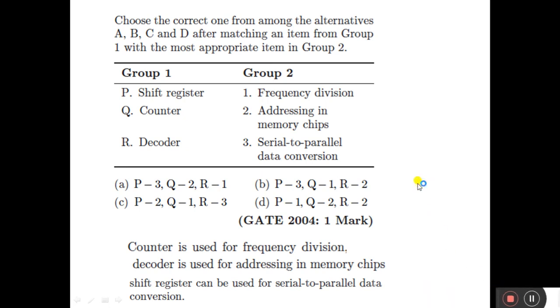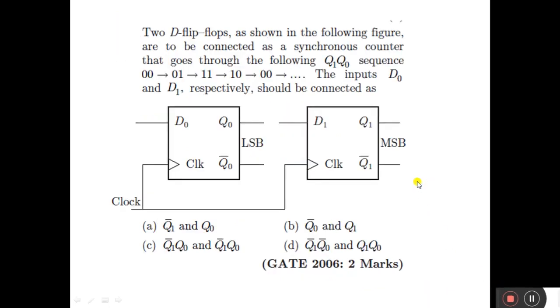Next question. This question was asked in GATE 2006, 2 mark question. 2 D flip-flops as shown in the following figure are to be connected as a synchronous counter that goes through the following Q1, Q0 sequence: 0, 0, 0, 1, 1, 1, 1, 0, 0, 0.